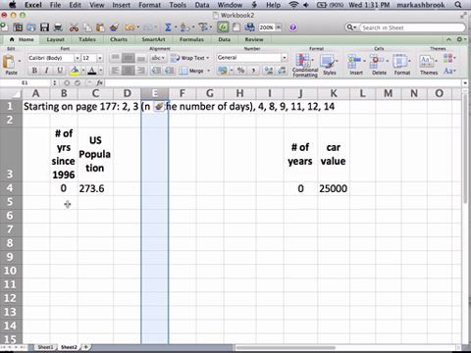page, here we go. So number 12 was about the U.S. population. It said it was 273.6 million in 1996, and it increased approximately 1.1% each year. Okay, and so we want to analyze the situation. So there's kind of two main ways to think about